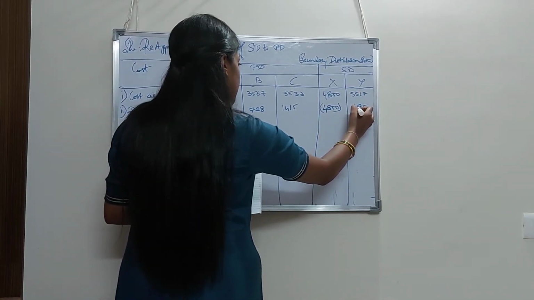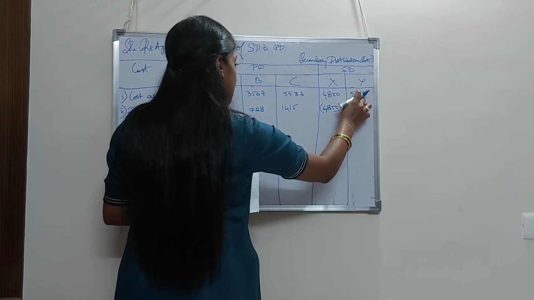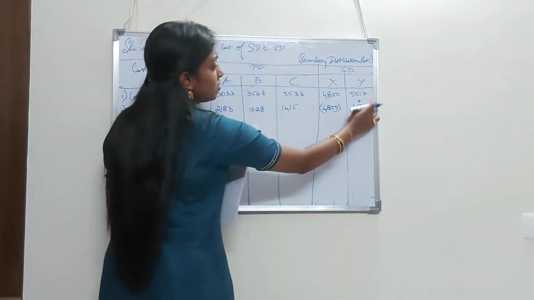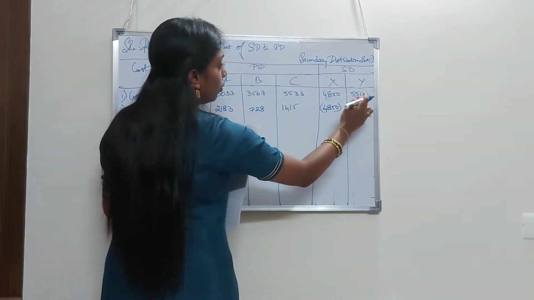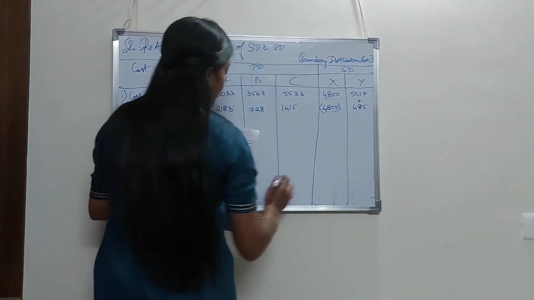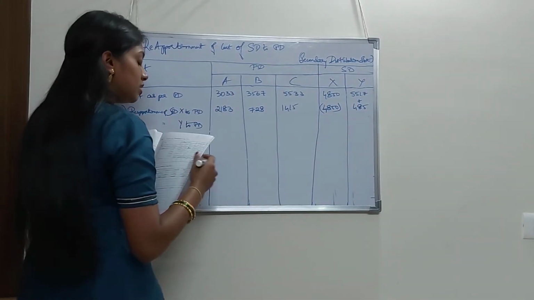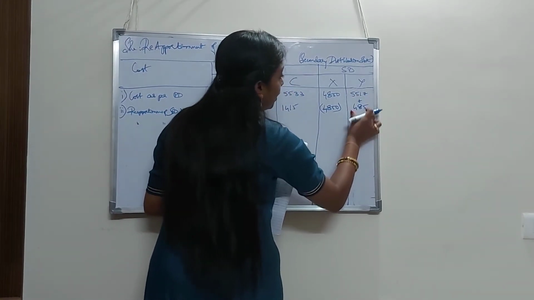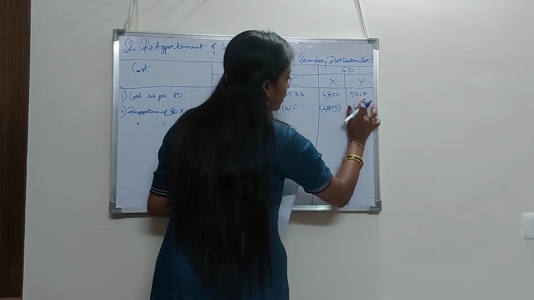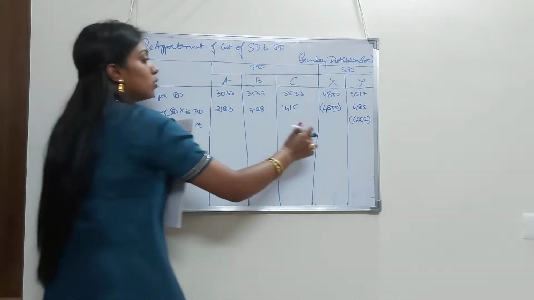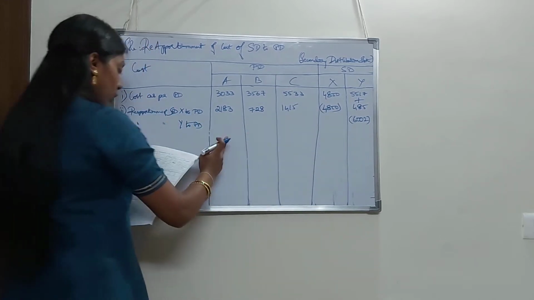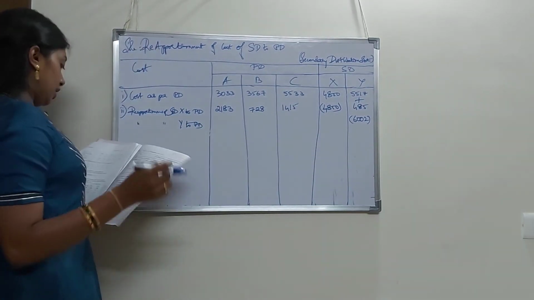5,517 plus 485. This is the total amount. This total amount we have to reapportion, which is going to be 6,002. Immediately total this and keep it in your next step. So this 6,002 I am going to apportion and do